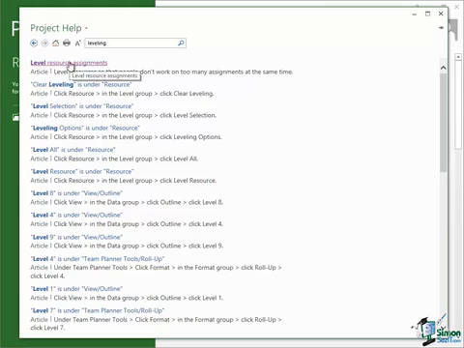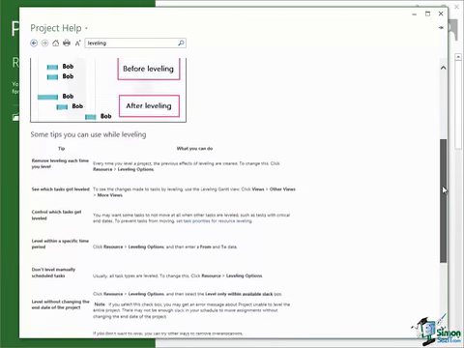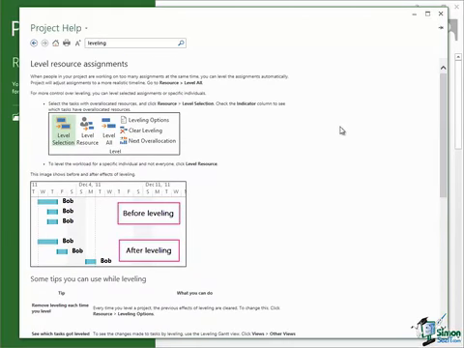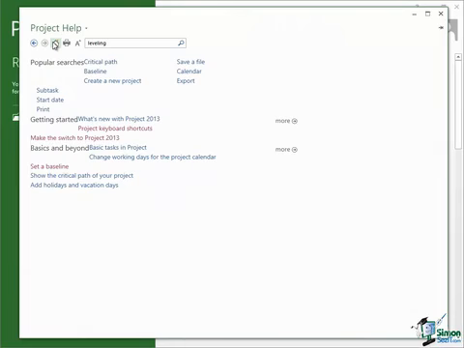So if I click on that, it'll take me through to an article that tells me quite a lot about how to level the resources on a project. If you've got no idea what leveling is, you will find out a little bit later on in the course. And again, I can follow through links, and at any time I can jump back to the home page and get some more help. When you've finished using help, you can either minimize it down onto your taskbar if you anticipate using it again,